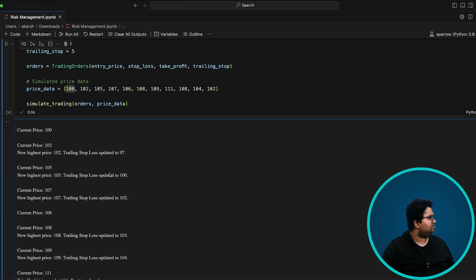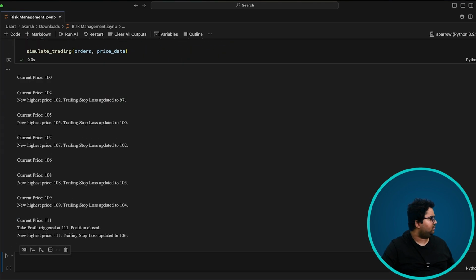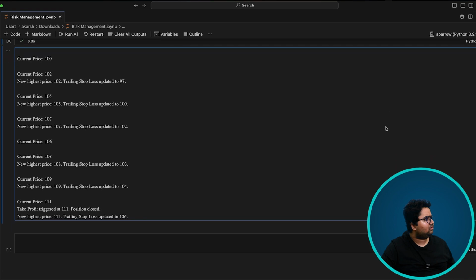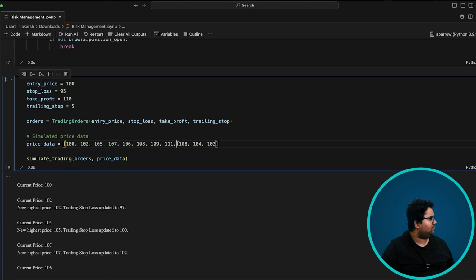I think that it should have printed a few more parameters. I think I'm just not scrolling it right. I don't know why it did not print anything after 111. I'll have to check. So yeah, that's how you can generate some simulations. So using this, if you want to go fixed, you can determine what could be an average stop loss calculation and stuff like that. So yeah, that's essentially the summary in this video.